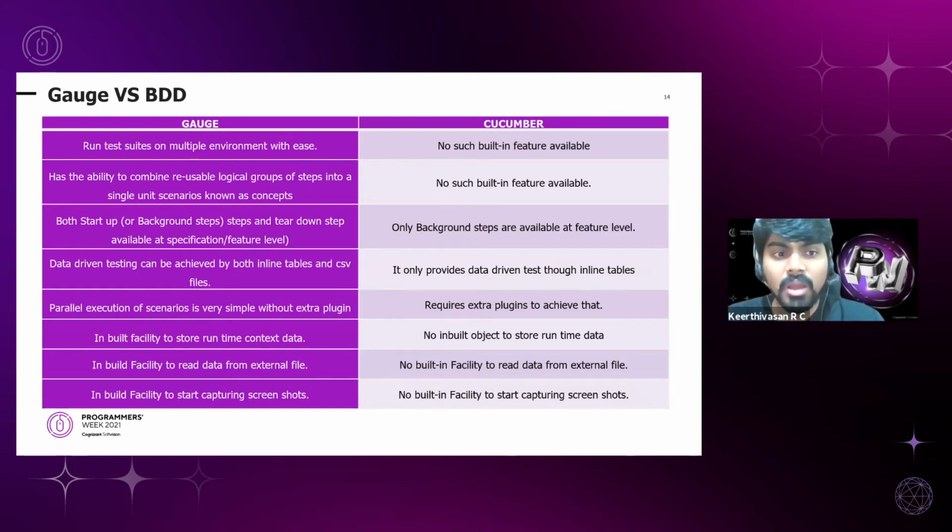Gauge has it. And it has an inbuilt feature to combine reusable logical groups of steps. That's what I mentioned in the beginning, called concepts. Here you cannot combine two features and run them in a single step in Cucumber. When it comes to background steps and teardown steps, it is available at all levels, whether it be a specification or a step file or a feature file. In Cucumber, it is available only at the feature level,